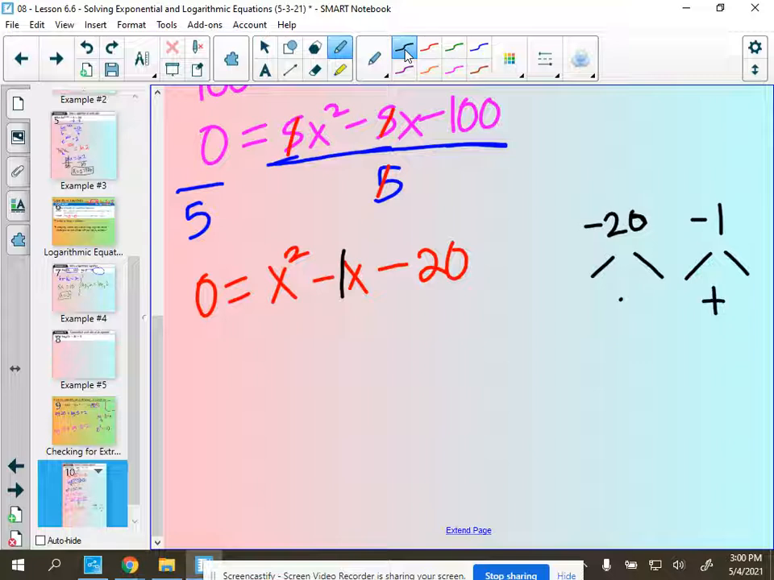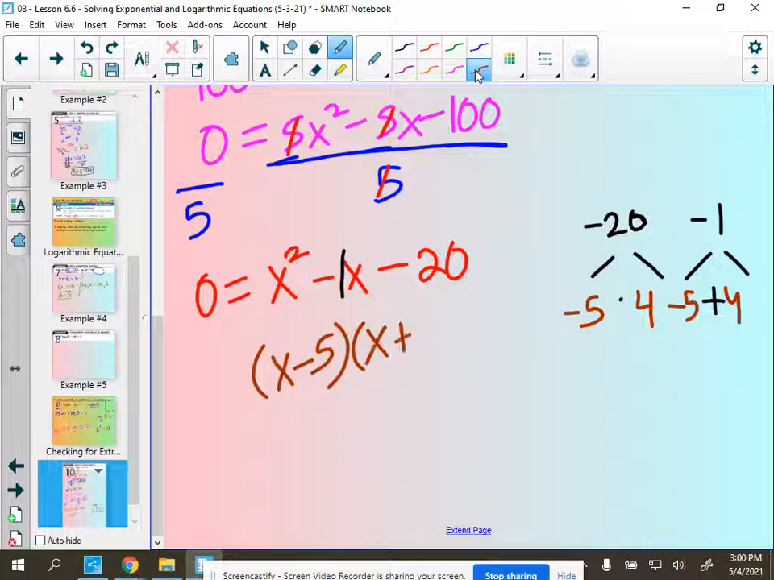Oh, it's been a while. Not too long. I think in the previous chapter it came up when we were solving equations before. But all right, what's my combination? I've got, let's see, negative 5 times 4, negative 5 plus 4. Yeah, that works out. So this factors to x minus 5,